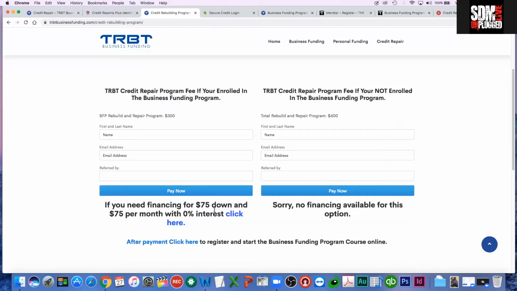And also we offer financing if the person doesn't have the $300 up front for this program. It's a breakdown of $75 down, then $75 a month until it's all paid out, with a zero interest loan, so there's no interest on that. It's just paying $75 per month until it's all paid off. Next,